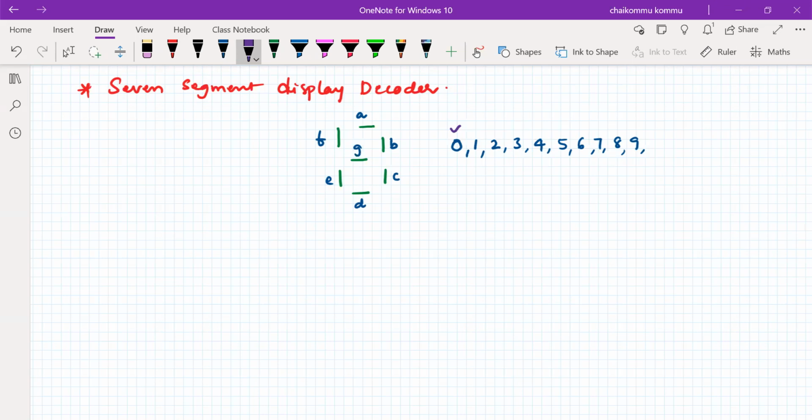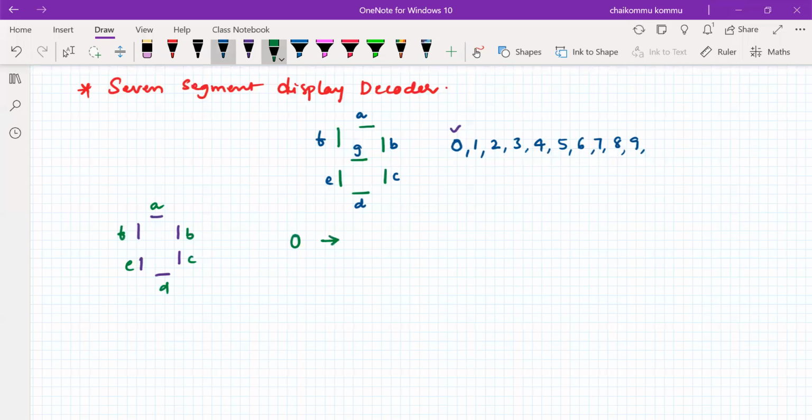Something like this: A, B, C. It is just a simple 0, but this is the digital point of view. What LEDs are glowing here? A, B, C, D, E, F, right? Whenever you write a 0 here, the LED must glow.